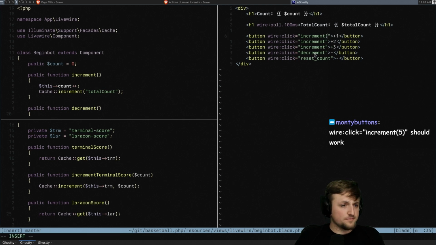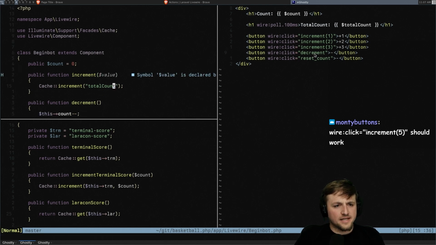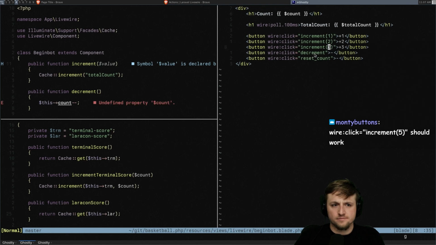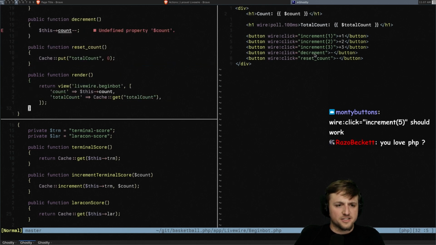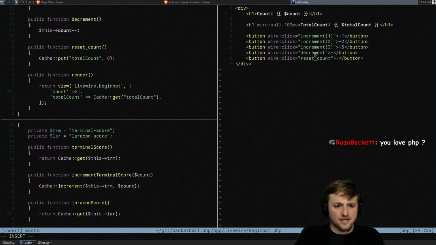And we can do, you're saying just 1, 2, and 3 like this. Right? And then we can have something like value. Right? And then we don't need count anymore. We can just say this count is